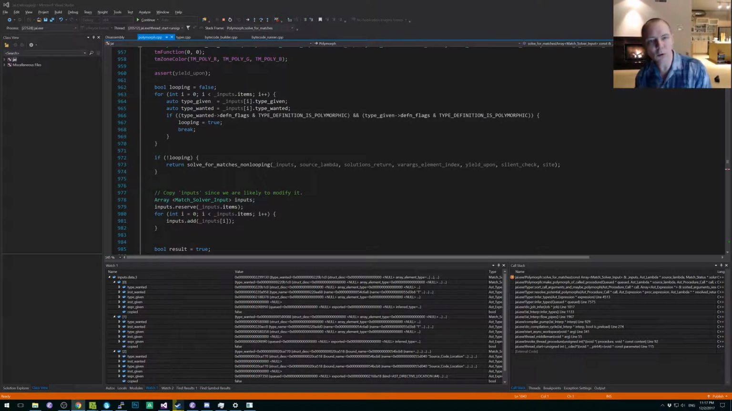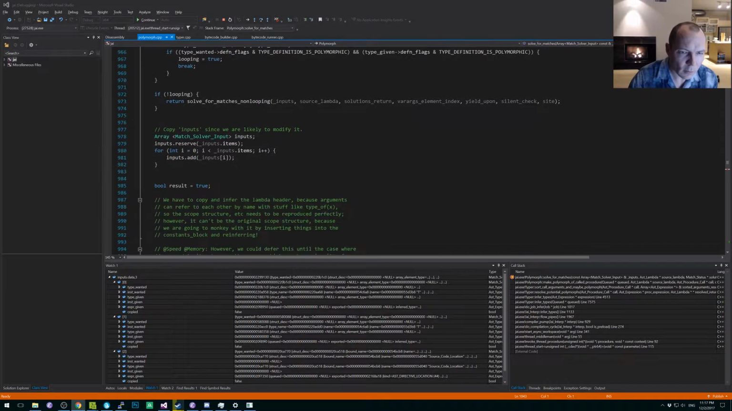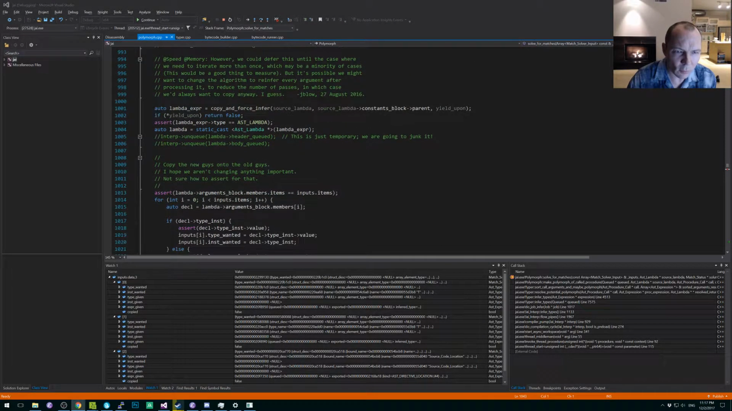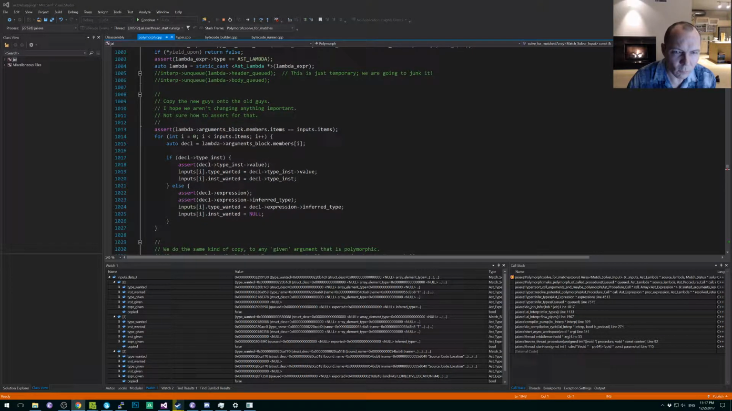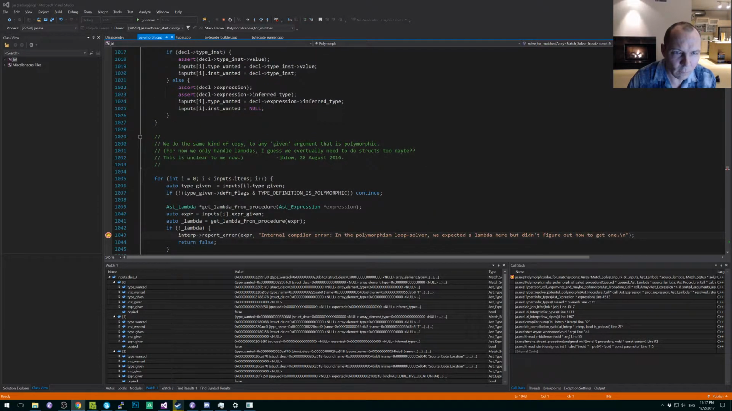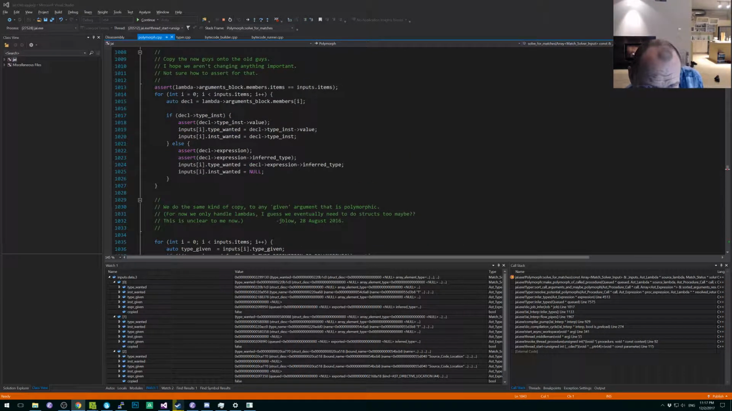All right, dude. I haven't thought about the loop solver in a long time. Okay, so we're looping. That makes sense. That's fine. Copied our inputs. We got a new lambda. I can't really look at it right now, but